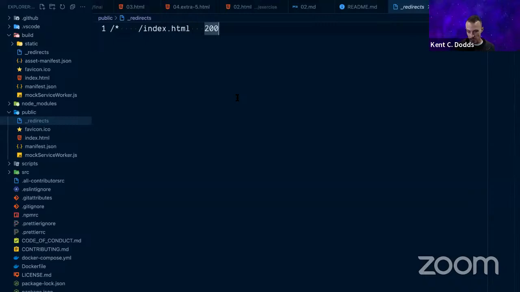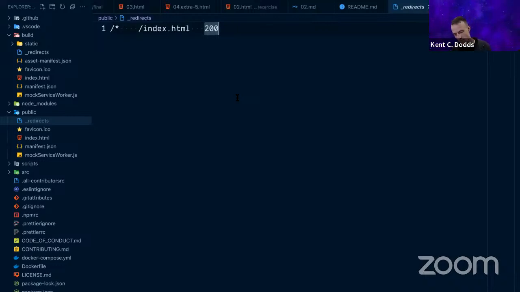The drawback to this is now every single page that a user goes to is going to give you a 200 status code. So if the browser goes to jobs/whatever, of course there's no job with that ID, but they're still going to get a 200 status code. At least for the user, you can set up your router to say, if I can't find a job there, I can show them a 404-like page. But it is not possible with Jamstack to send the correct status code,